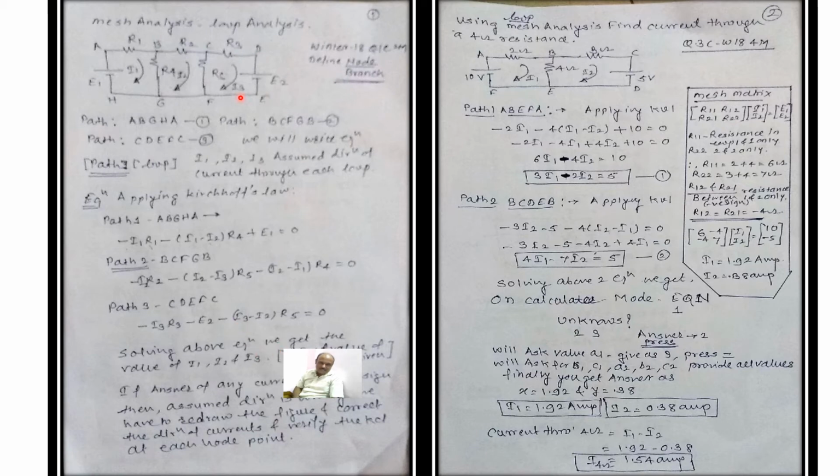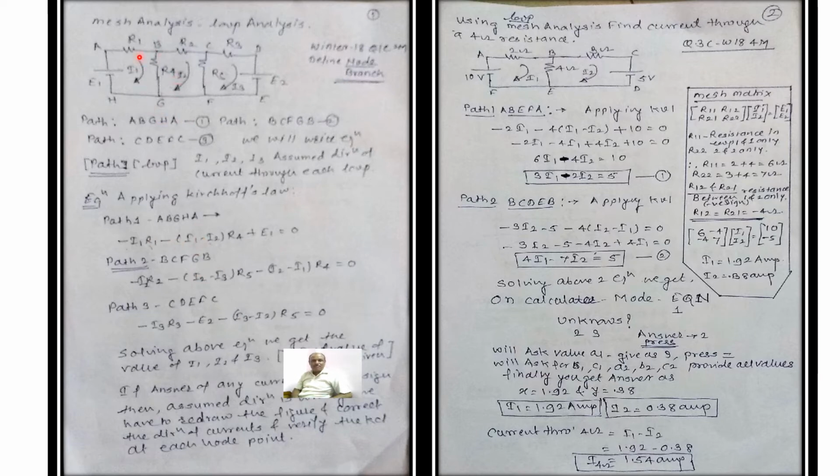So here again same. Now since we are in loop 3, we can write here as minus I3 minus I2 into R5 and is equals to 0. So using the help of calculator, you can solve the equation, or you can take the Cramer's rule. With the Cramer's rule, you can find the delta, delta 1, delta 2 like that, and get the answer of these unknown currents.